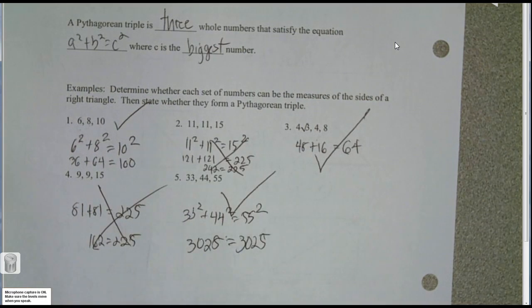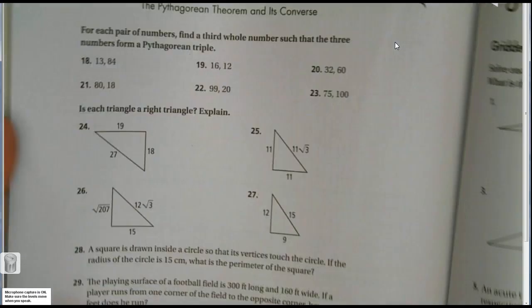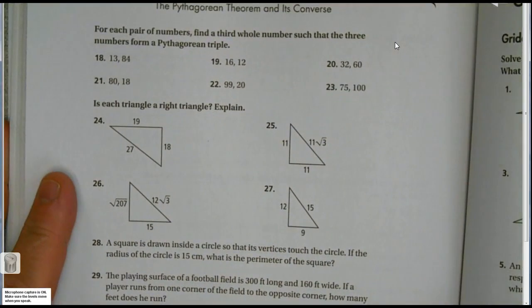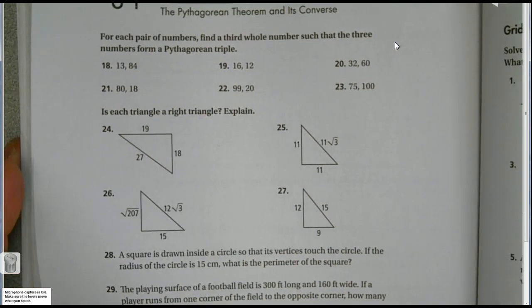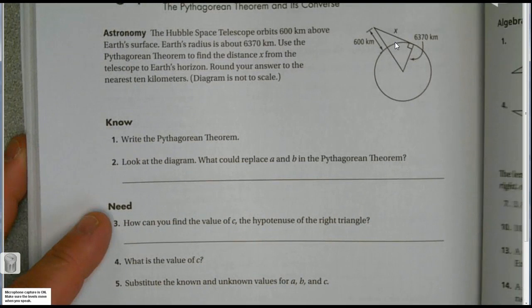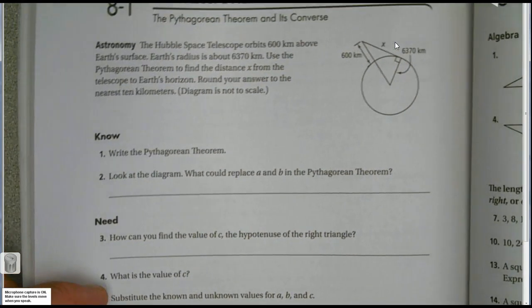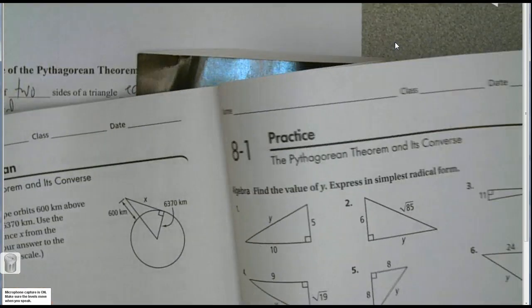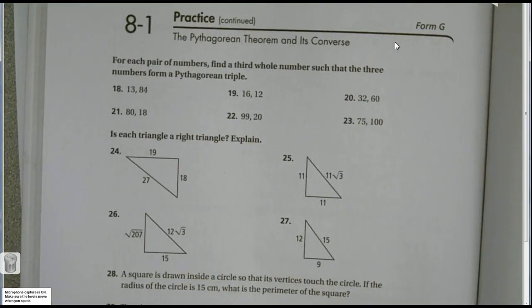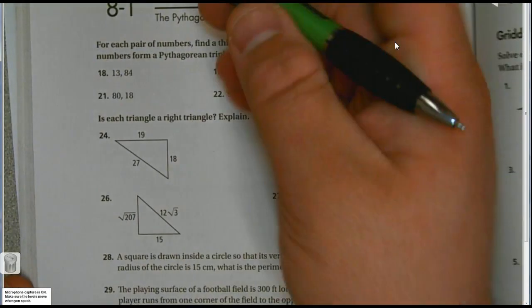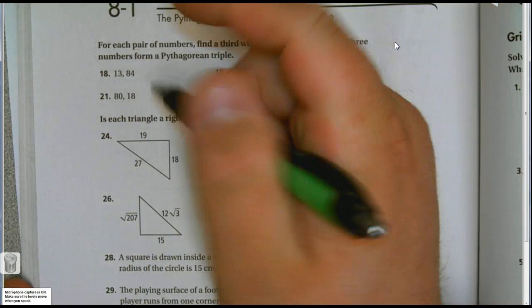Okay, so here's how we can use this information. And this is your leftover work. So I've already went over how on page 203 you're supposed to complete 1 through 6. Okay, and so that's just do you know how to use Pythagorean theorem? 18 through 27. So what it wants to know is,